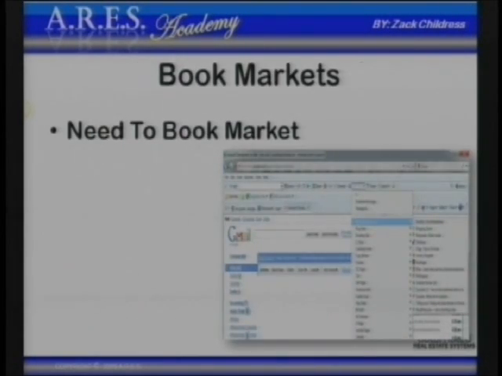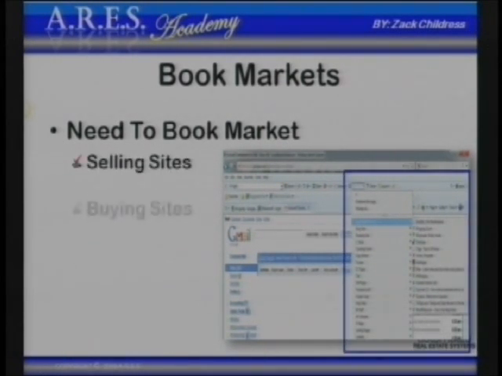You need a bookmark. If you're not using bookmarks, use bookmarks, okay? Bookmarks are where you can start bookmarking pages that make sense, and it makes your life so much easier. Just bookmark it, and then you can go back to it, okay? Don't start surfing the internet and getting lost up in the internet when you're trying to get out there. You want selling sites, buying sites, training sites, research sites, vendor sites.